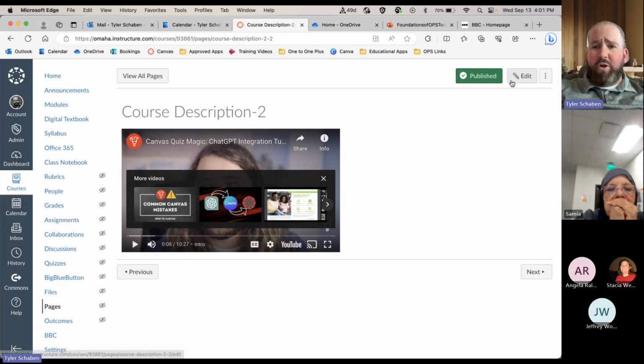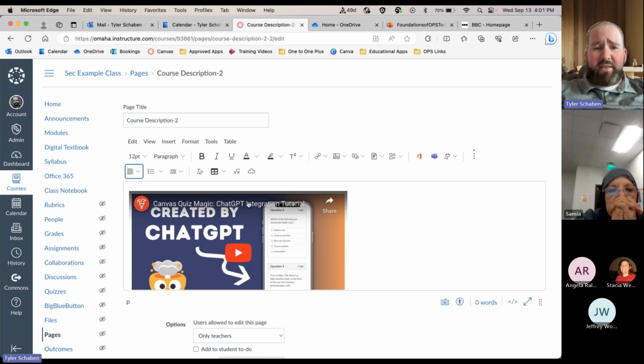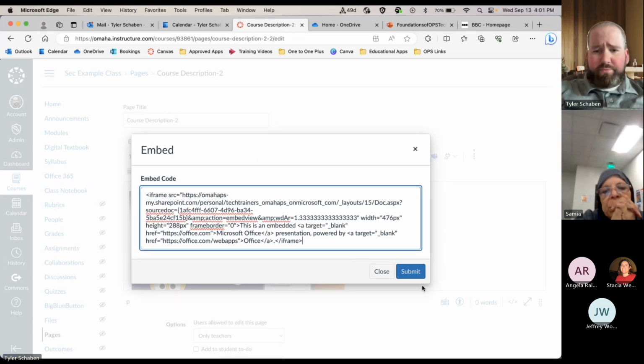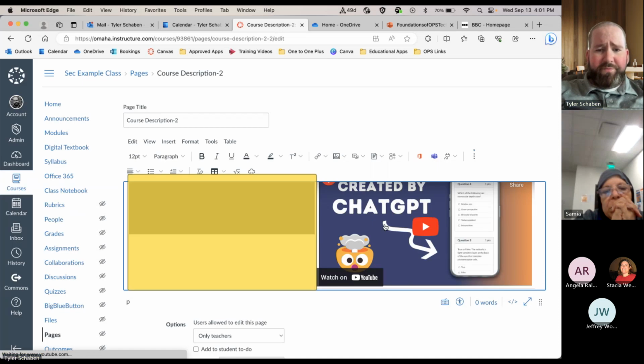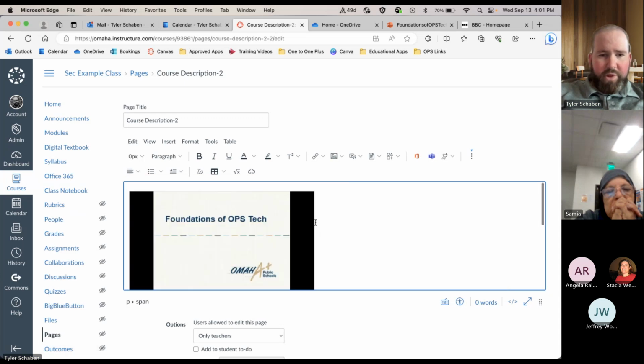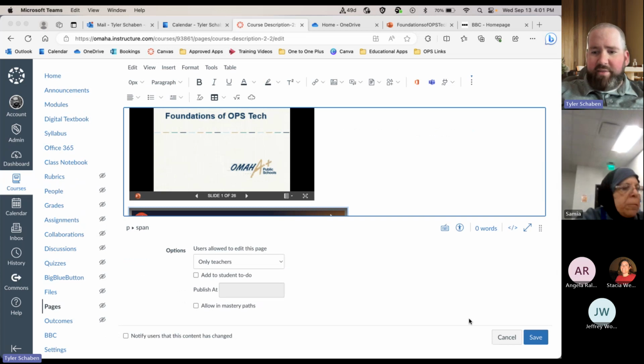And I go back to my course, I can hit edit. Same process as before. I click these three dots. I've got the cloud with the little bars, and I can paste my embed code in here. So I hit submit, and that adds a copy of my PowerPoint right on the page. There it goes. So what that looks like is if I hit save,